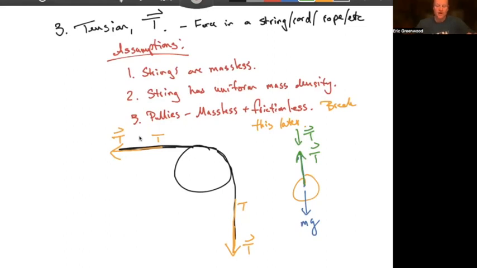So good. So that's Newton's second law. Before we start getting into applications of Newton's second law, we still have to talk about the third law, and we'll talk about the third law in the next video. So that'll be the topic of the